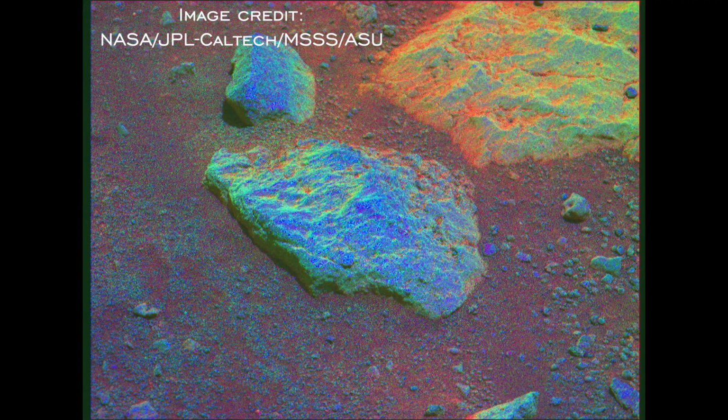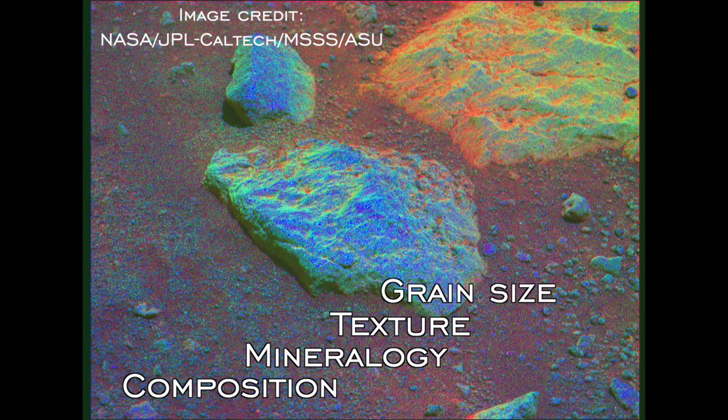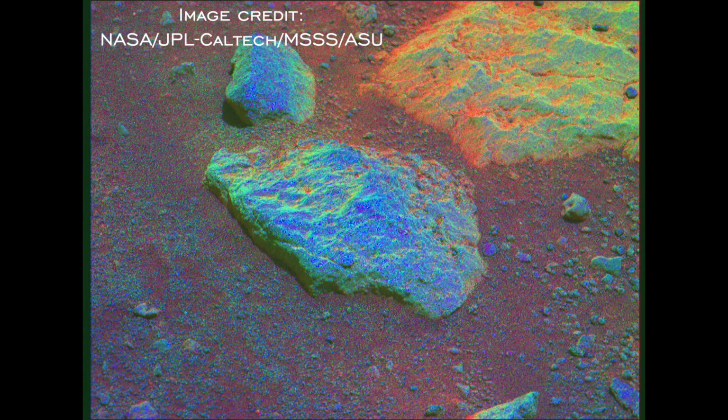Those wavelengths are 630, 544 and 490 nanometers, also known as red, green and blue colours, the colours most human eyes are sensitive to. The visible colour differences could be due to changes in composition, mineralogy, texture, grain size, and are also affected by viewing geometry, but they give the Mars 2020 science team a first order idea of variation